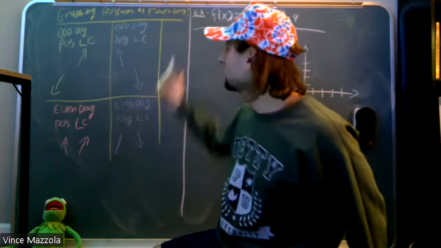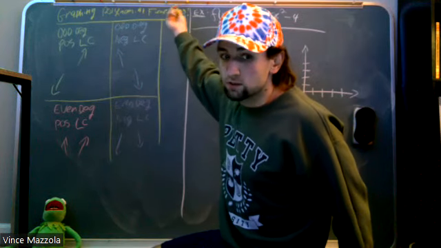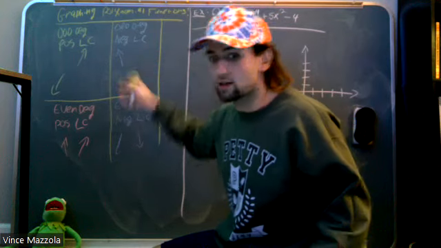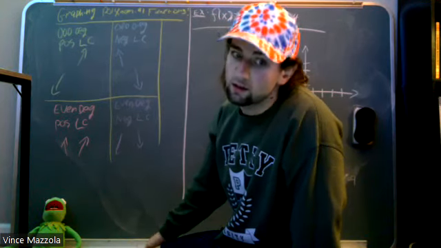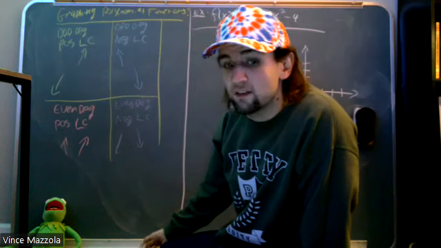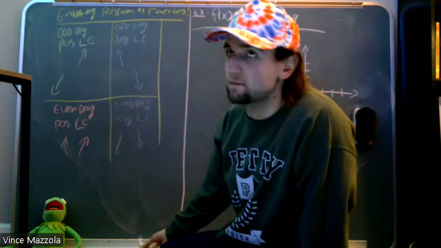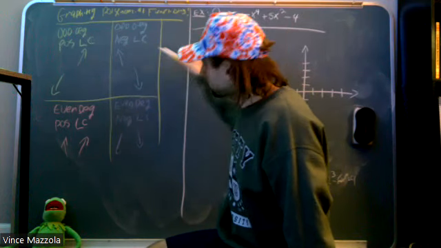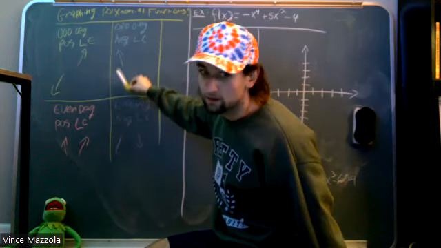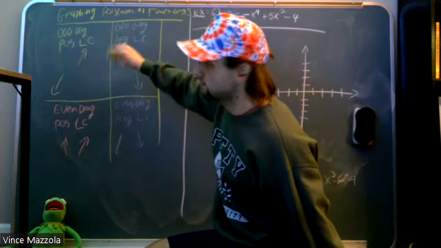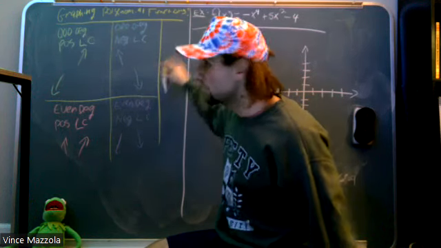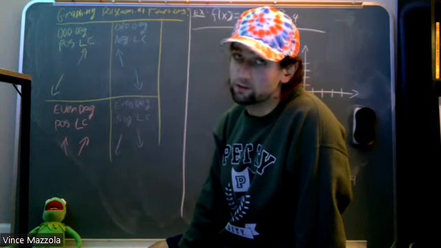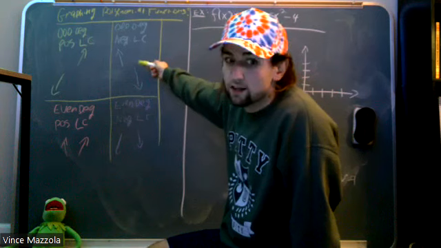Now, if you have an odd degree, so still x to the fifth, but you have a negative out front of your x to the fifth, not just anywhere willy-nilly, but if your highest degree is x to the fifth and you have a negative 5x to the fifth or negative 4x to the fifth, then it just flip-flops to anti-Travolta. So as x approaches negative infinity, f of x approaches positive infinity. And as x approaches positive infinity, f of x approaches negative infinity. Kind of already knew that. Like if you had y equals negative 3x plus 4, it would look like that